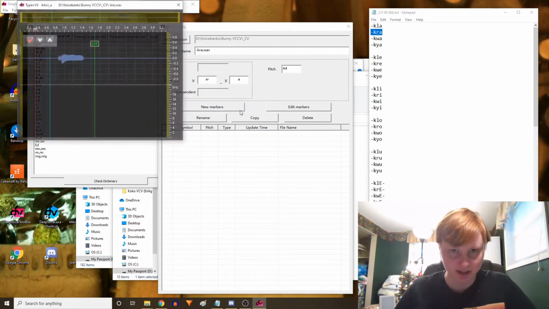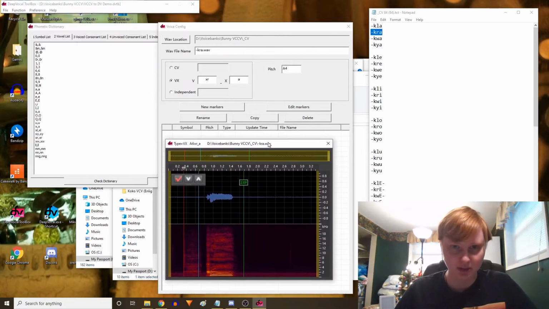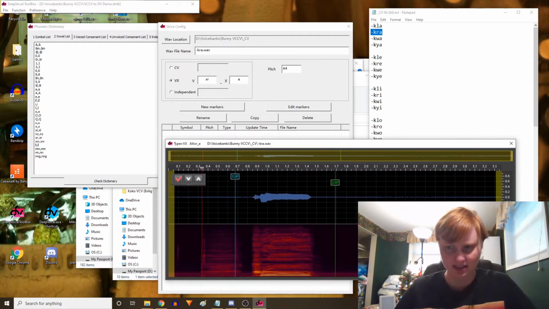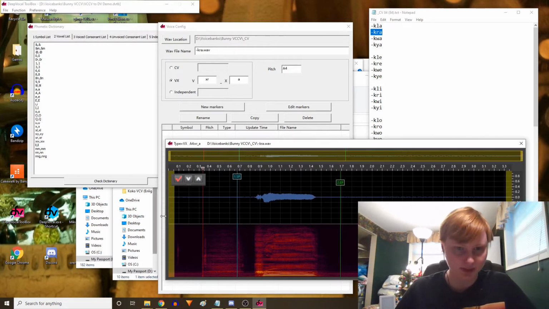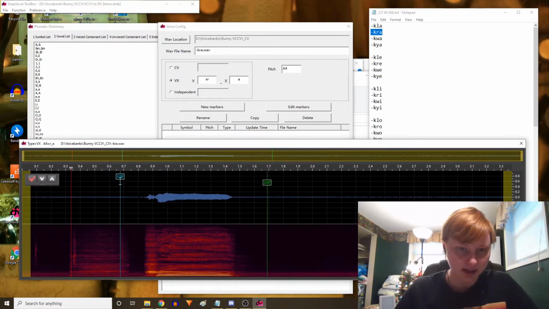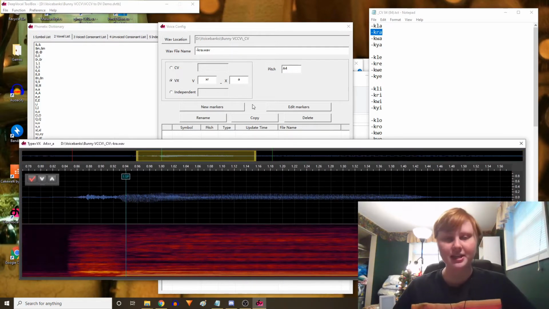and click New Markers, and it'll pull up this window with the recording in it. I usually like to make it a lot bigger, because I'm used to oto'ing in setParam. And then, for these notes in particular, so for these fake